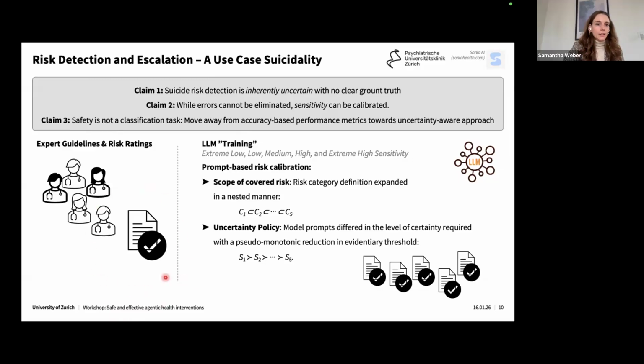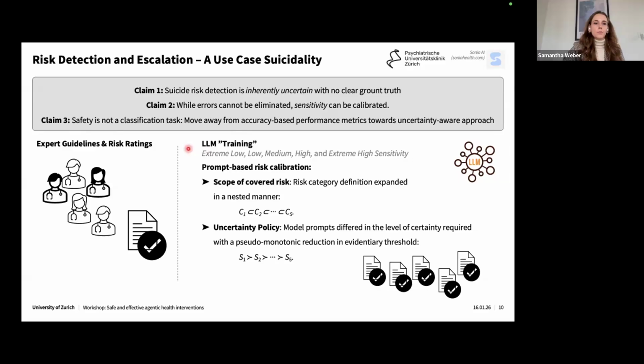We then had a data set curated, which consists of real conversations of users of the Sonia chatbot. There, we have, I think, the last 10 messages of the dialogue before an escalation was triggered, that is, before the general-purpose LLMs thought, okay, this might be a risk case. We then asked our clinicians to rate those conversation snippets for whether or not they think the subject was at high risk.